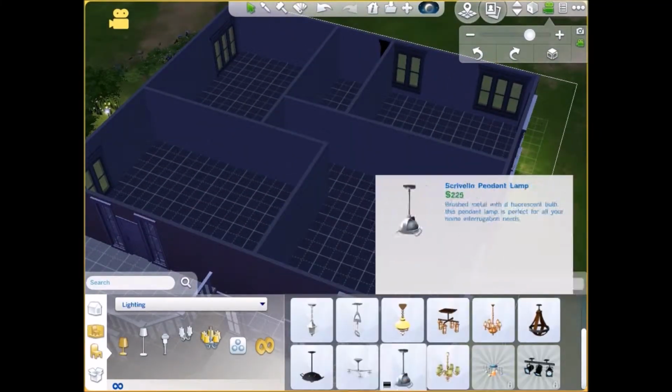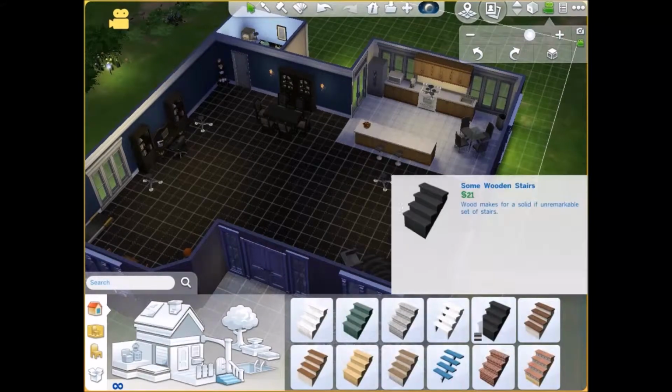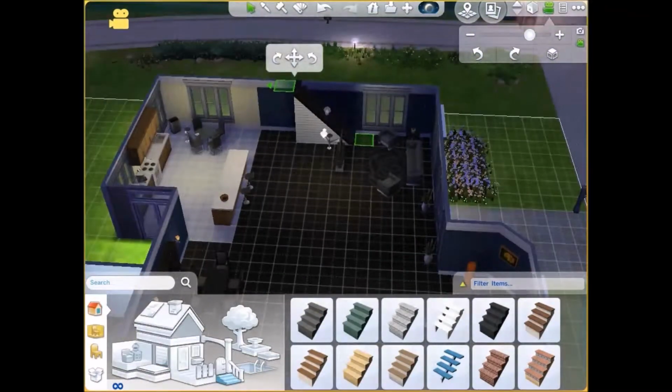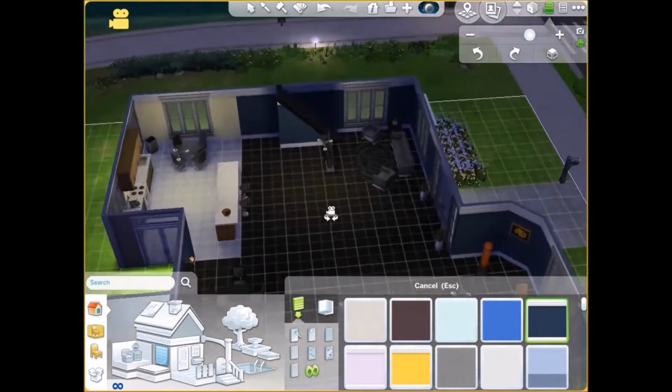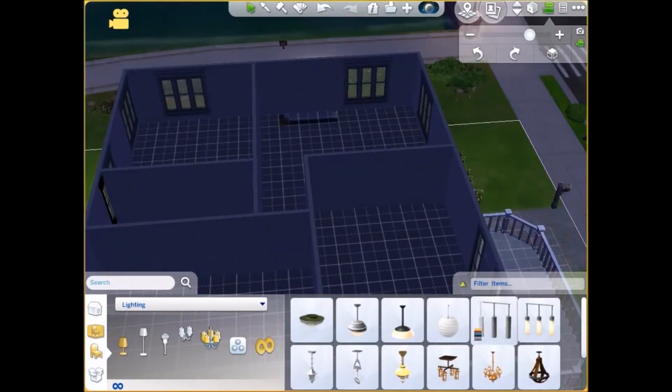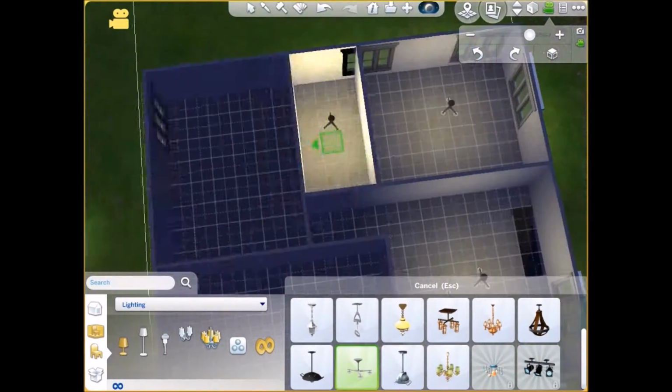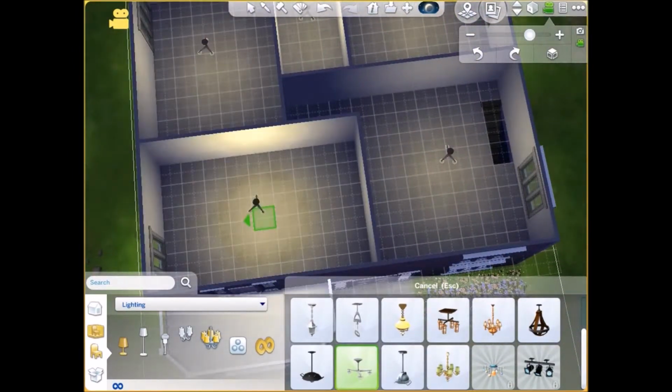And then we were finally ready for the upstairs, and I realized that I did not put any steps in. So I just put the steps in the living room, which is a little weird, but I still like it, so I just deal with it. I put in some lights all over the house,